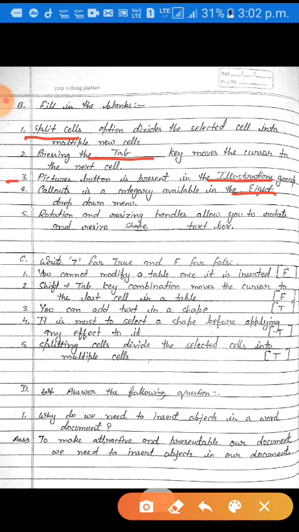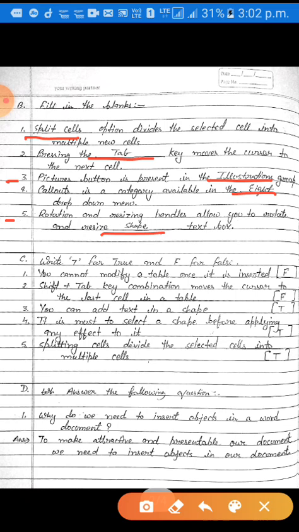Okay, here you have to fill in the word. Now come to the question number 5. Question number 5 is rotation and resizing handle allow you to rotate and resize dash text tool. Dear student, you have to fill here shape. Okay, you have to fill here shape text box.